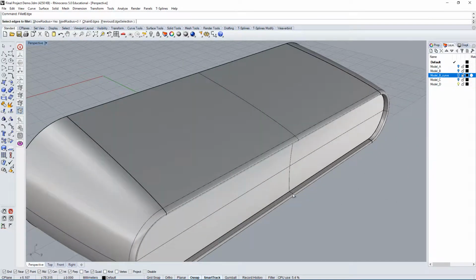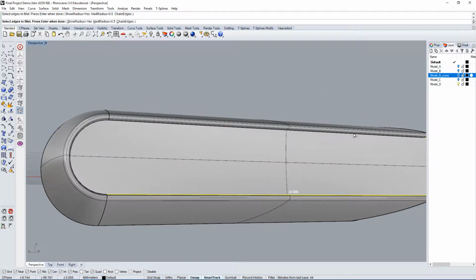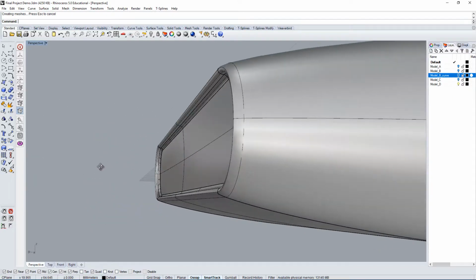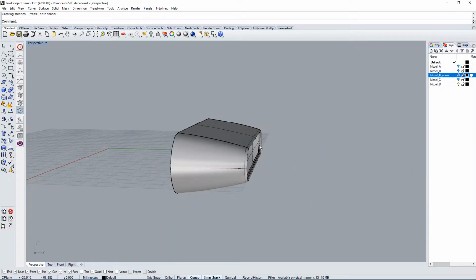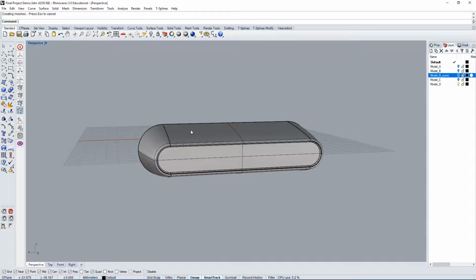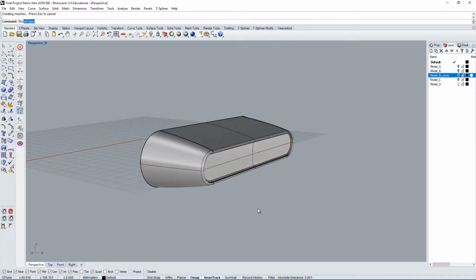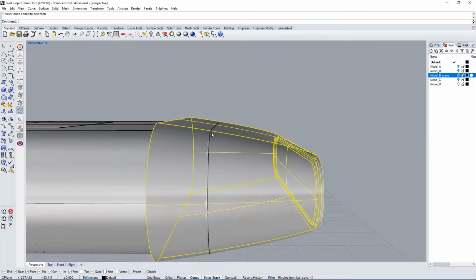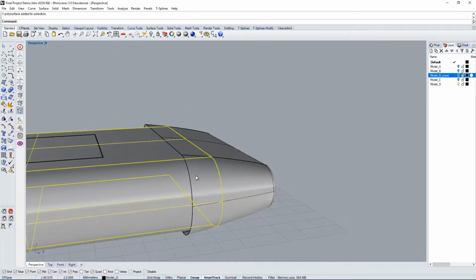And I'm gonna make it slightly bigger because it doesn't make sense to make such a small rounded edge on the inside. Yeah, that looks a lot better in my opinion. So once you have this type of surface, we can go in, show everything, and we want to combine this complex shape with this surface.